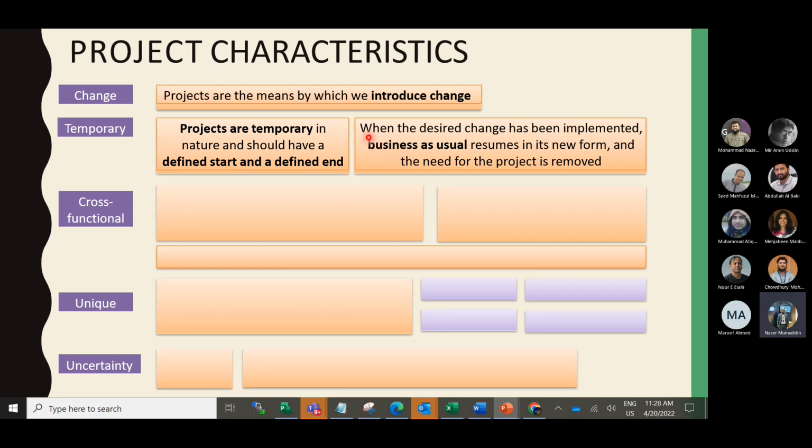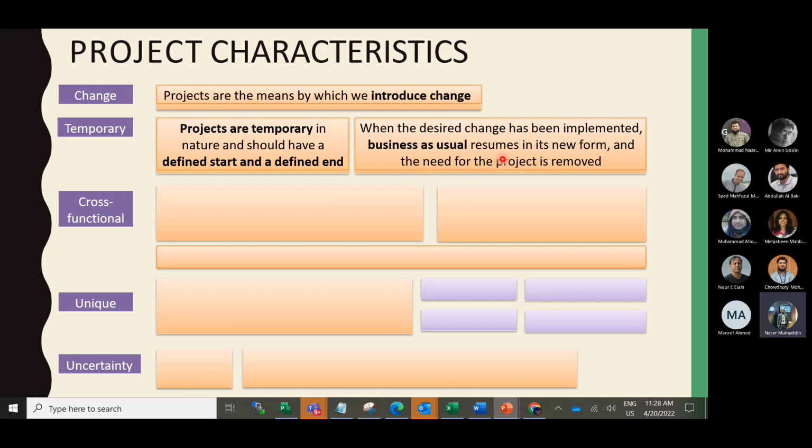And we have some existing business operation. After introducing the new product, the business as usual resumes in its new form. So the project organization was there for like 5 months, 6 months, whatever. And after that, the project is removed.